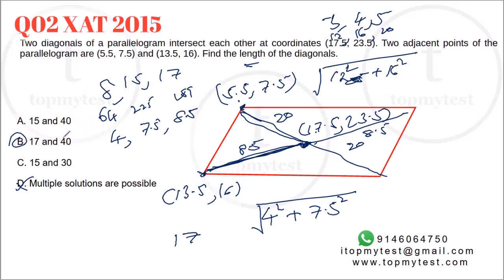We got lucky here. In case you had found a 40, you would have tried out one of these two. But other than that, pretty straightforward question. Again, the key point which was used was that the basic principles of a parallelogram don't change. The diagonals of the parallelogram bisect each other.